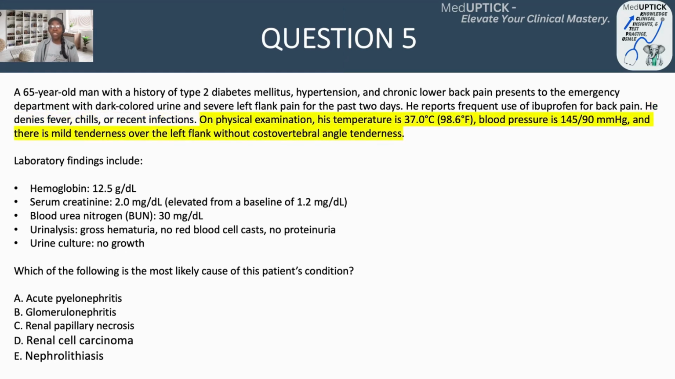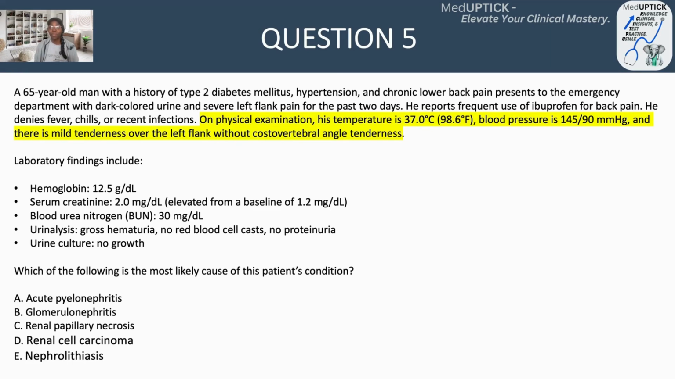On physical examination, his temperature is 37 degrees centigrade, blood pressure 145/90, and there is mild tenderness over the left flank without costovertebral angle tenderness. The key clues further support our thought process thus far. Normal temperature and no CVA tenderness reduce the likelihood of infection. Hypertension is a common finding in chronic kidney disease or renal vascular conditions. The lack of CVA tenderness is a significant high-yield insight because it points us further towards structural or ischemic causes